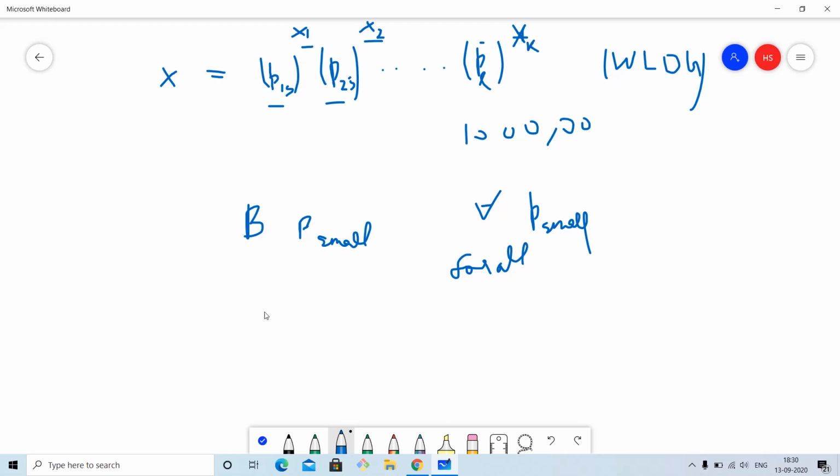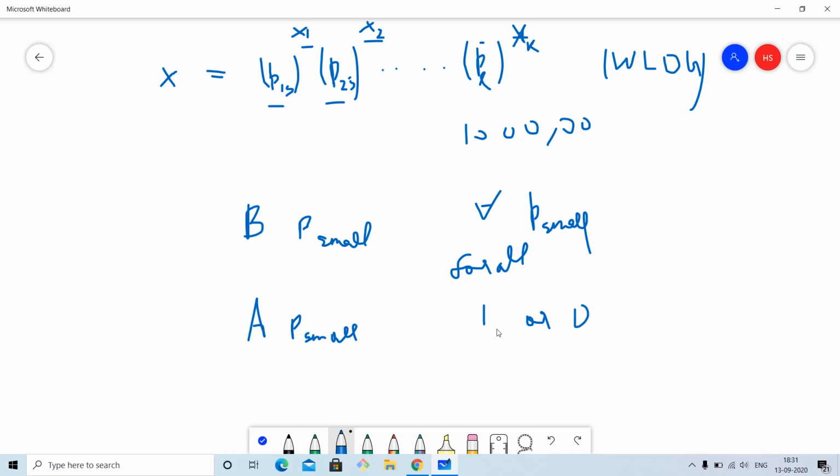So now, after doing this query, what are we going to do? We will iterate again through p small, but this time we will do the query A p small, which will tell us how many multiples of p small are there in the set. It will be exactly one, not greater than one, because all the multiples of p small are deleted except x if x is a multiple, or 0 if p small is not in the prime factorization of x.